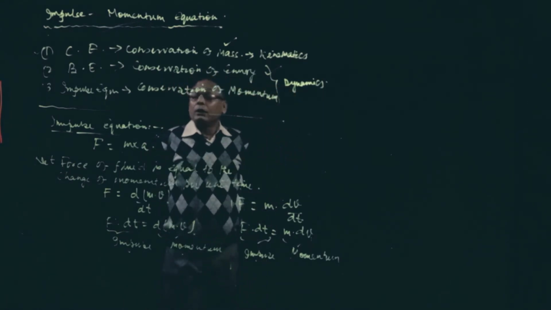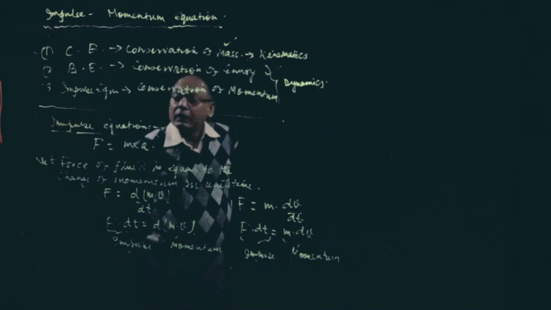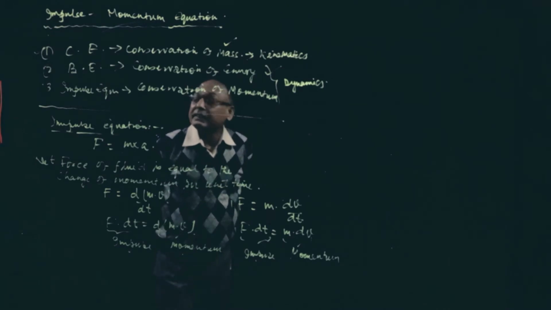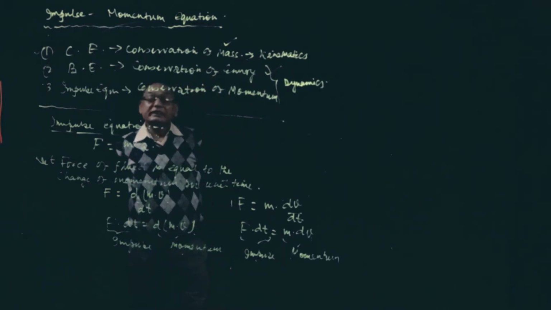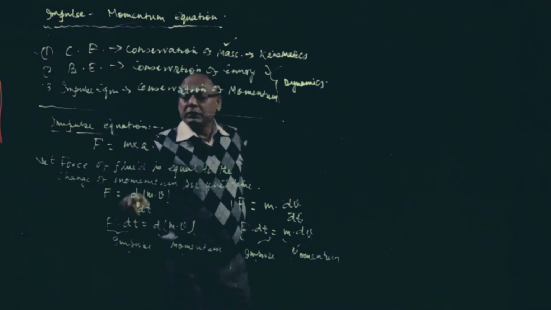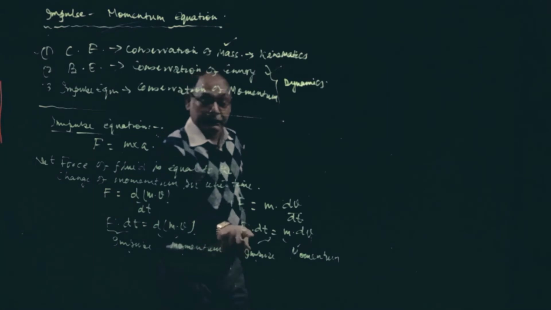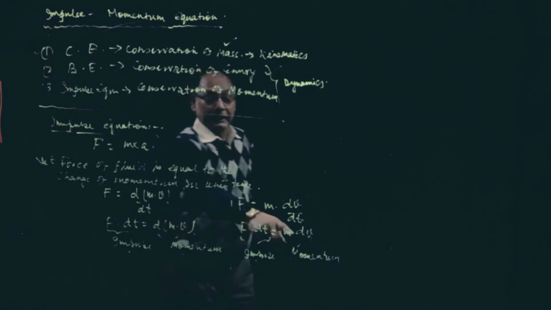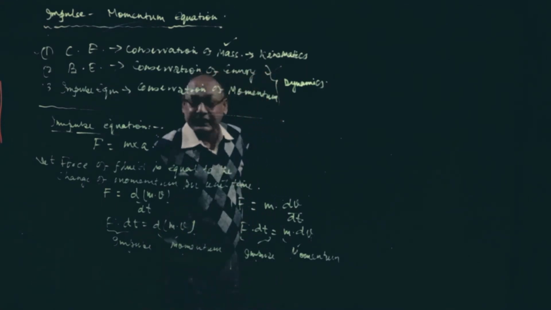So what was the impulse equation? It has come from the second law of motion, which says that the net force of a fluid is equal to the change of momentum per unit time. So the change of momentum is d(mv) into dt. So F dt is equal to d(mv). Here I have taken the mass out, so mass is constant. So both equations are almost the same.